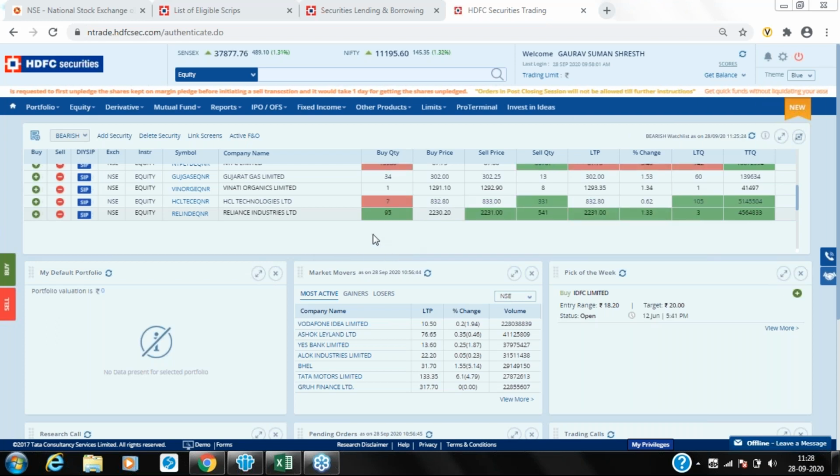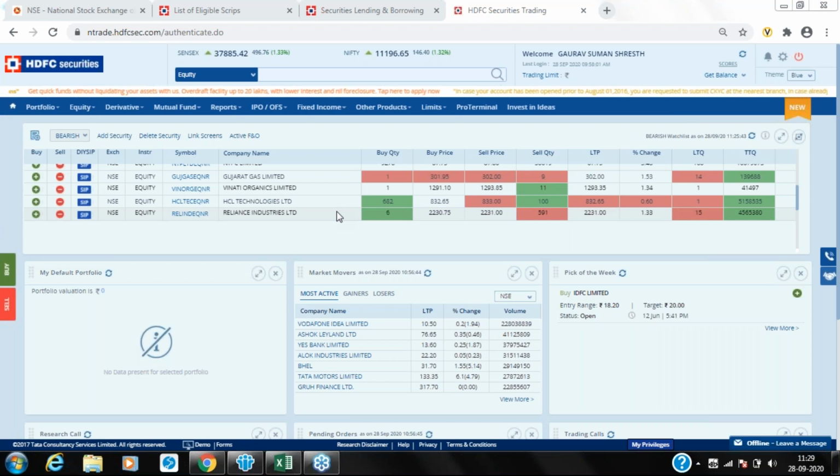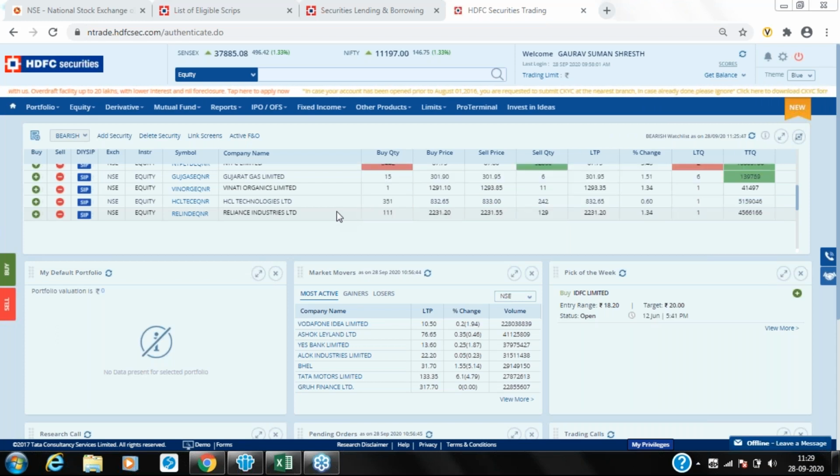How does it work for options? Mr. Abdul has a question for that. For options, you can use the basket order. Unfortunately, the trailing order or the bracket order for intraday you cannot use, since the intraday product is not allowed in options. You can use it in futures but cannot use it for options.